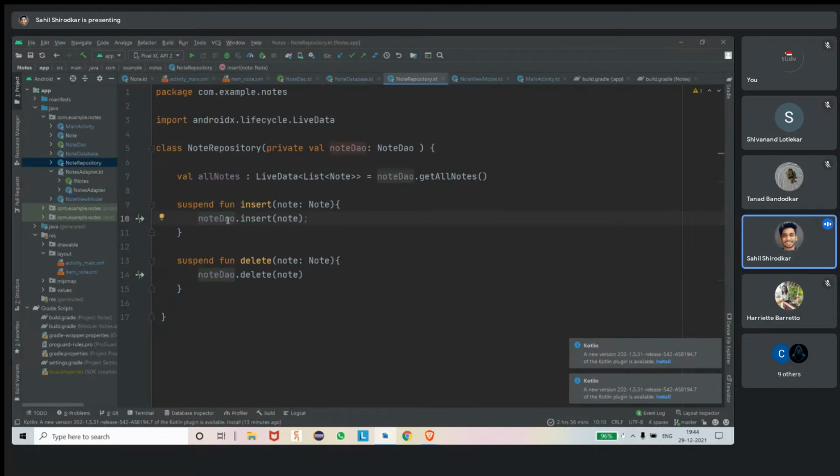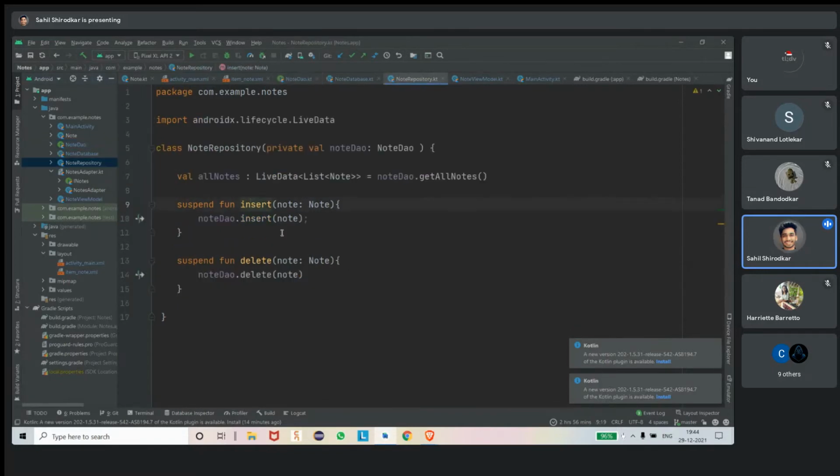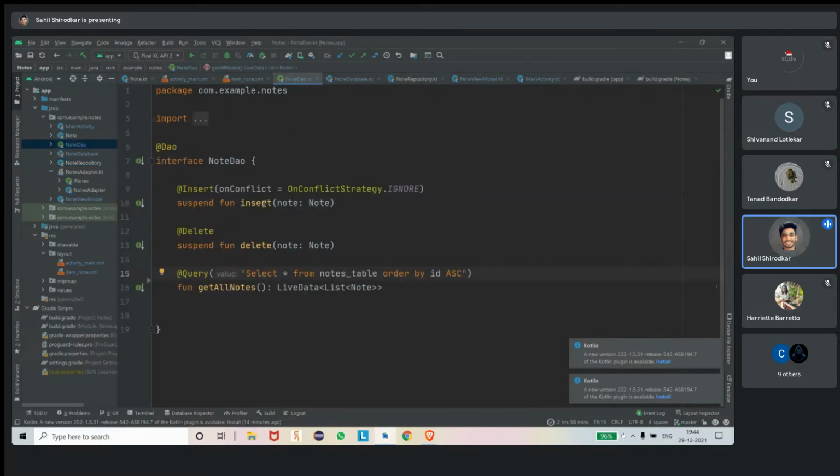This function will take a node and pass it to the node DAO insert function, and then the node DAO insert function will store this node inside the SQLite table.